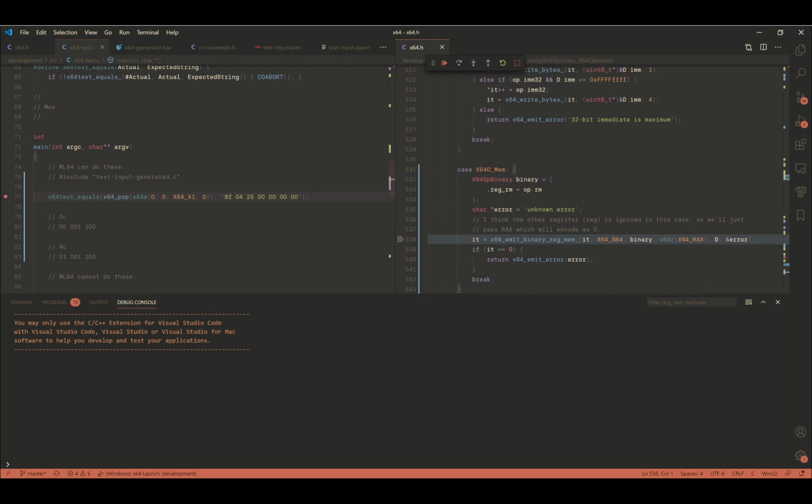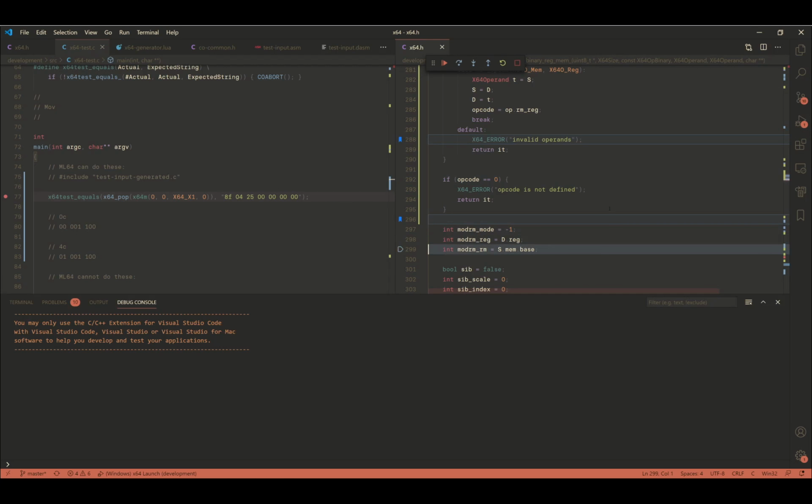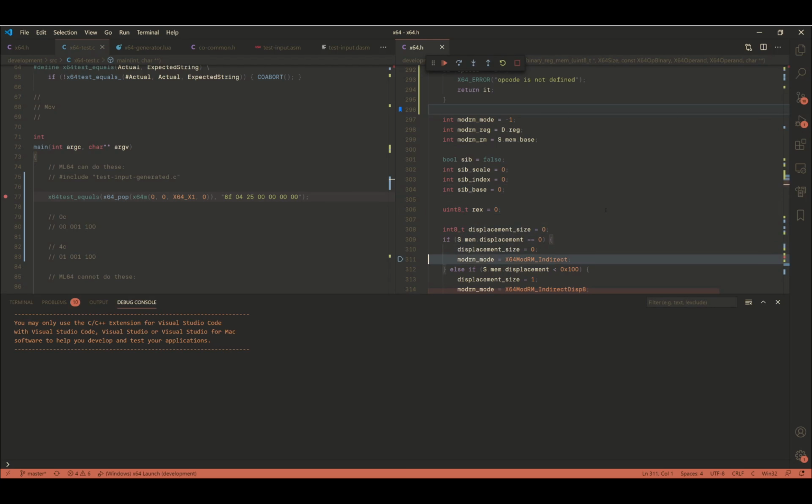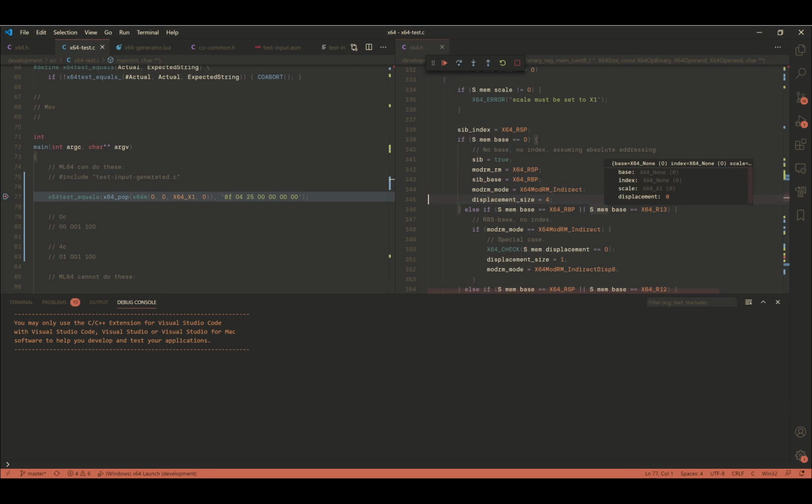Okay, so we are here. Then the reg RM should be set correctly. Yeah, 143. When we go here, opcode will be set the same thing. Great. Register will be RAX, which means that it will eventually encode as zeros. There is no displacement. Probably there. Here. It seems to work correctly. Okay, so we produced